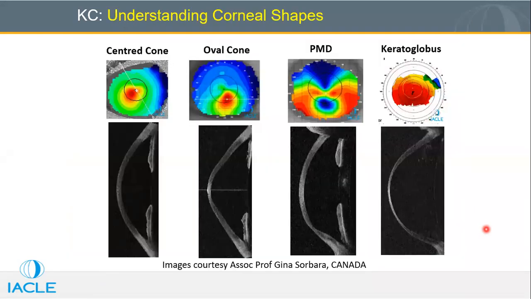Moving further, let us again understand this cone from the OCT picture. This is the anterior segment OCT picture of the cornea, as we can see, with the corresponding topographical picture. This first picture is a picture of the central cone or nipple cone. In this central cone or nipple cone, the cone usually remains within the central 2 mm area, or some part of this cone would be within the central 2 mm. This black circle is basically representing the central 2 mm area. And the center is the geometric center of the cornea.